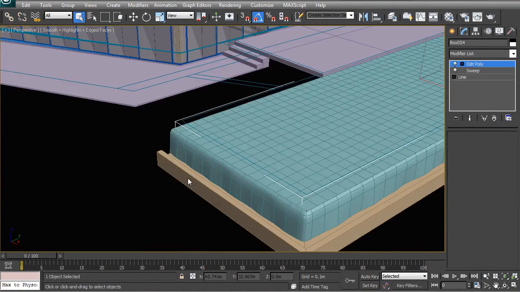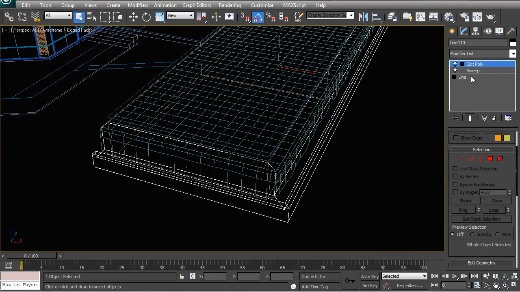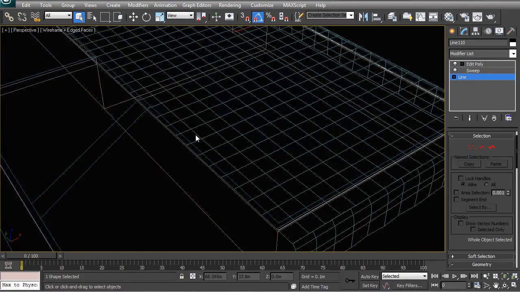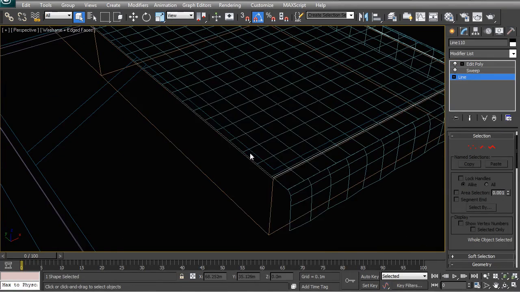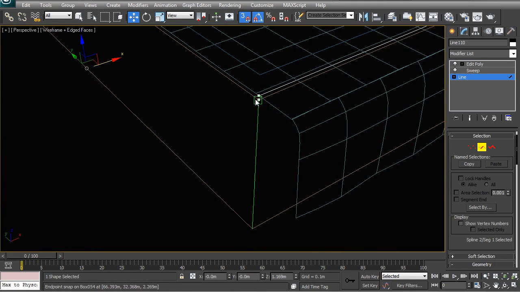Next, let's go and continue with this water catchment drain that we have running around. And we're going to do that by going down to the line at the bottom of the modifier stack. And we're going to choose to extend that line. So you can right click and choose Create Line. Then you can click on 2 points that are anywhere on your model, which basically are the right direction and distance. Then you can take that line that you've created and just lift it up and snap it exactly into